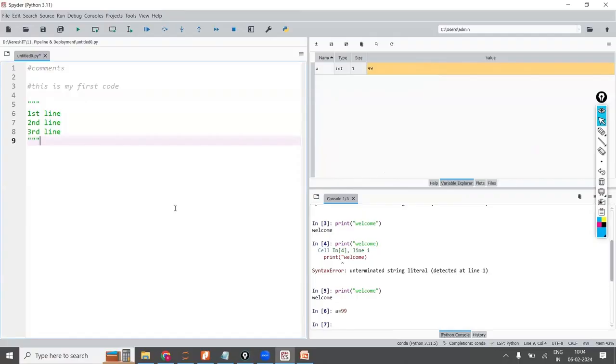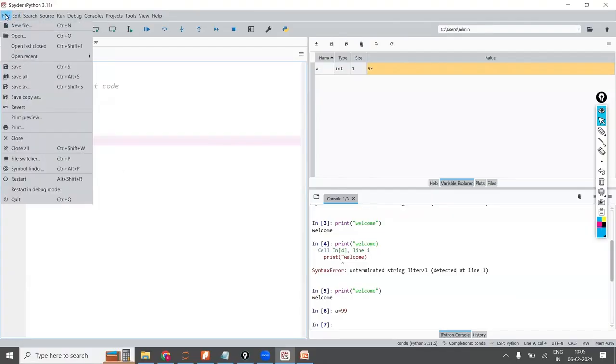Is the point clear now? So whatever you are opening, you have to close with the same. Either triple single quotes or triple double quotes. That is a multi-line comment. Now in the Spyder, if you click on the file